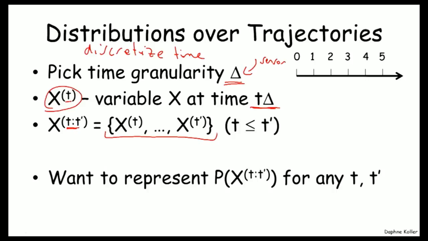Now, our goal is to have a concise representation that allows us to represent this probability distribution over the trajectory of the system of any duration. So we want to start at a particular time point, usually 0. And then what is the probability distribution over trajectories of arbitrary length? So how do we represent